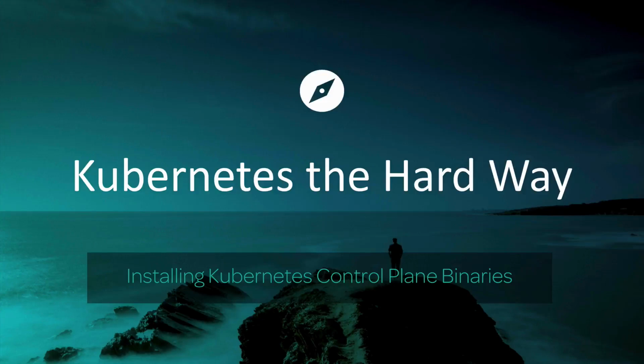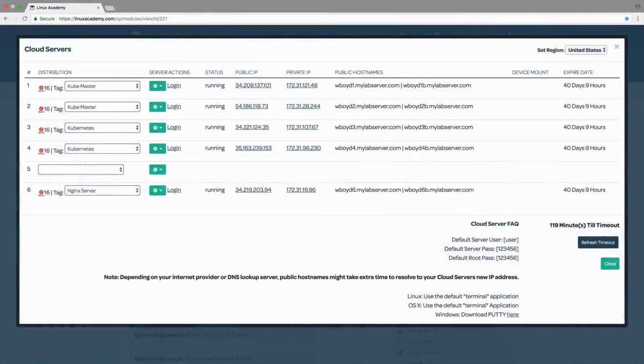Hey, this is Will, and in this lesson, we're going to begin setting up the Kubernetes control plane, first by installing the Kubernetes control plane binaries. So essentially what we'll be doing in this lesson is we will be logging into our two Kubernetes control servers, and we will be downloading and installing the binaries for those Kubernetes services that we need to set up and